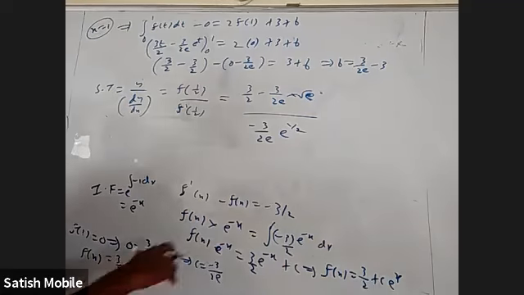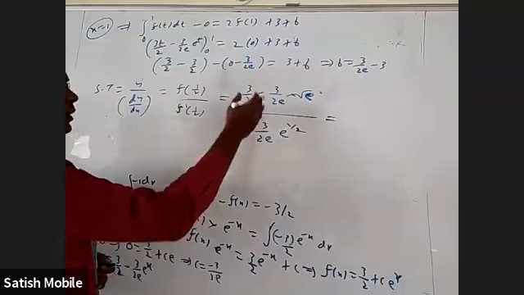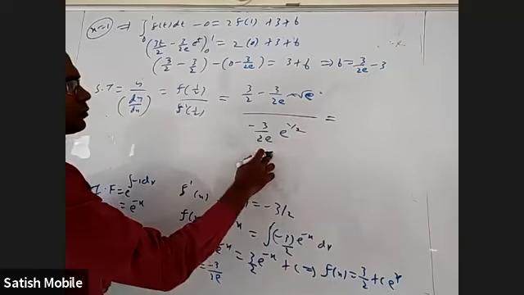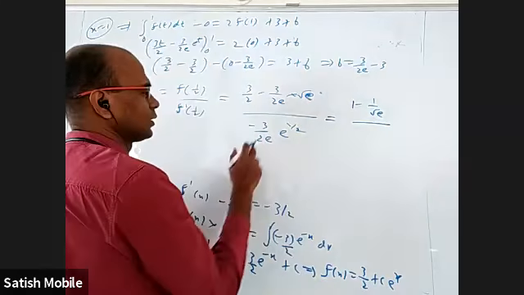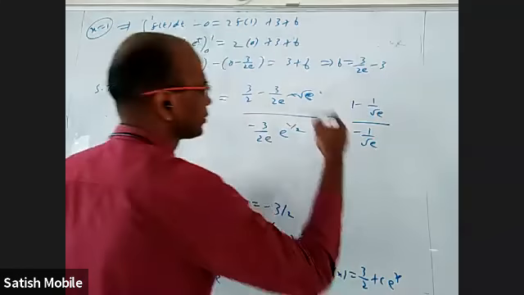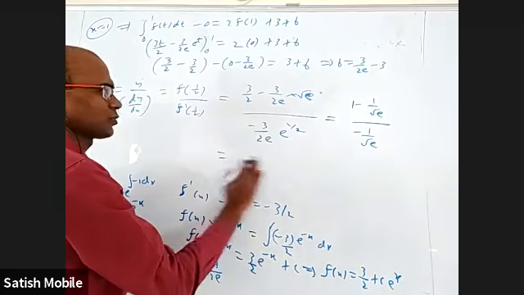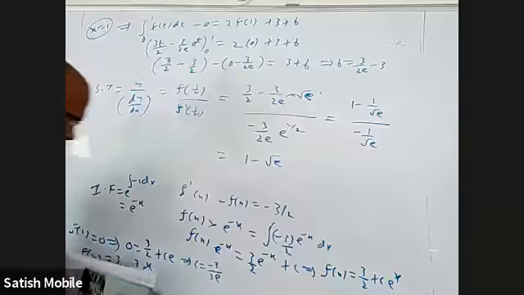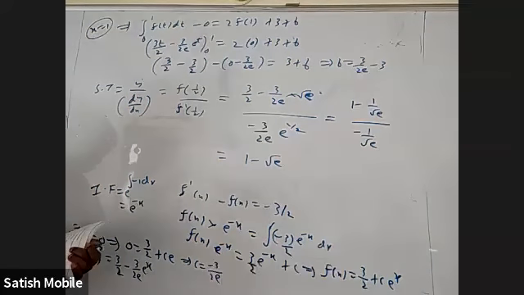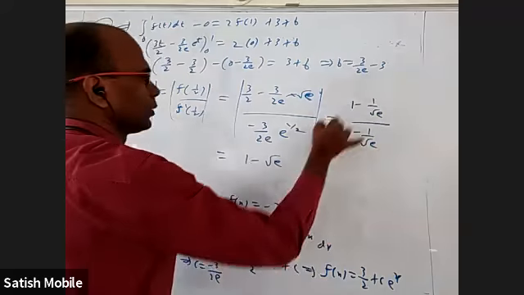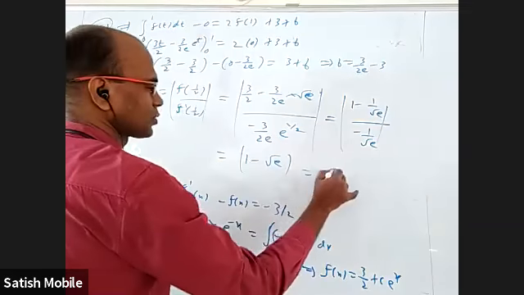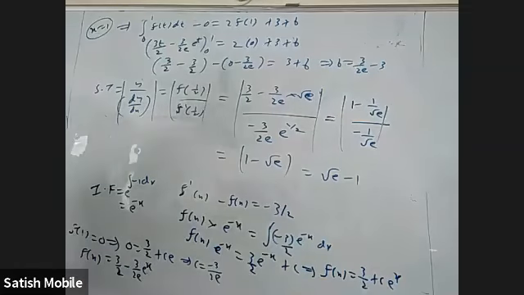Okay, coming to this, 3 by 2 can be cancelled. This is by root e. So first of all, when I cancel 3 by 2, it is 1 minus 1 by root e. Here it will be minus 1 by root e. So when I take this up and multiply, minus root e plus 1. So I'm getting 1 minus root e. That's not there. Root e minus 1. Of course, there's a mod for the length of subtangent. There's a mod. And this is negative. To make it positive, it is root e minus 1, because 1 minus root e is negative. And then 0 to 1 f of x dx.